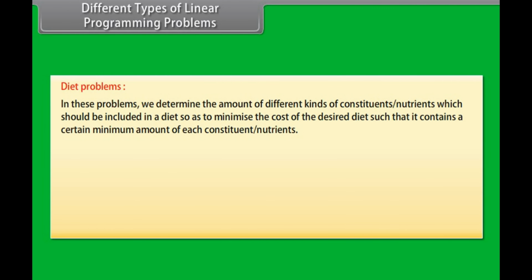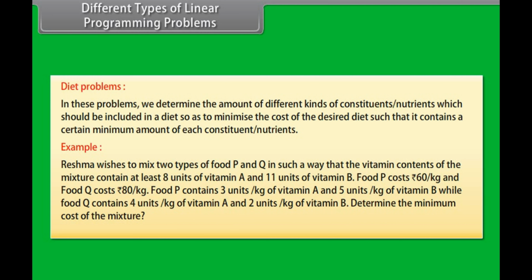In these problems, we determine the amount of different kinds of constituents or nutrients which should be included in a diet so as to minimize the cost of the desired diet, such that it contains a certain minimum amount of each constituent nutrient. Example. Reshma wishes to mix 2 types of food, P and Q, in such a way that